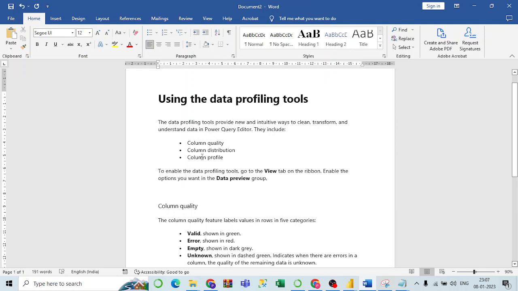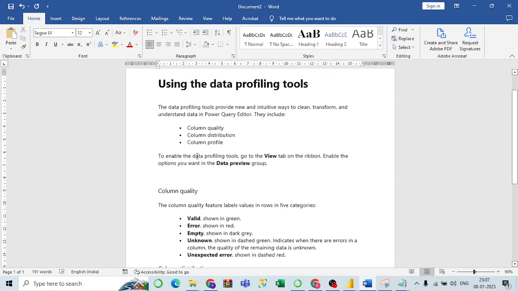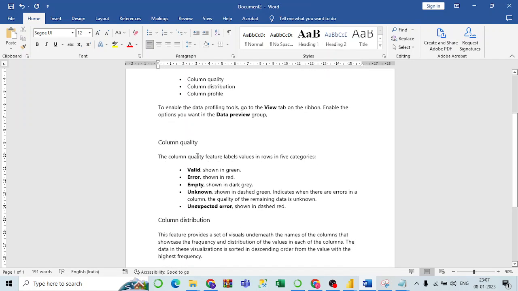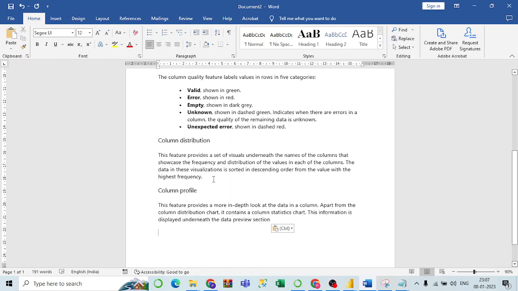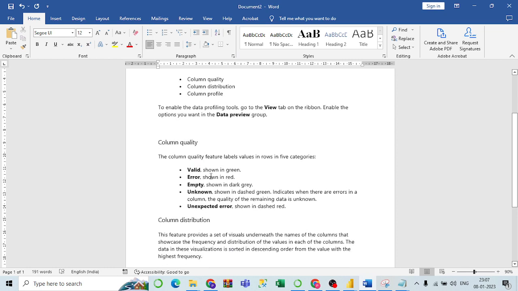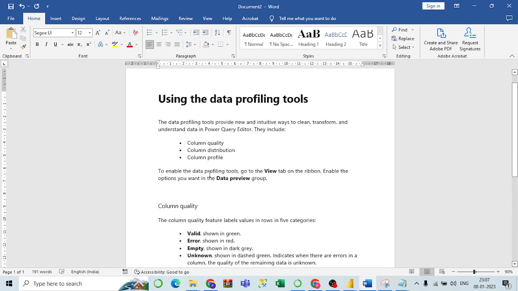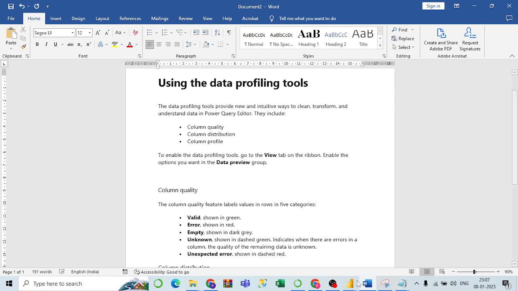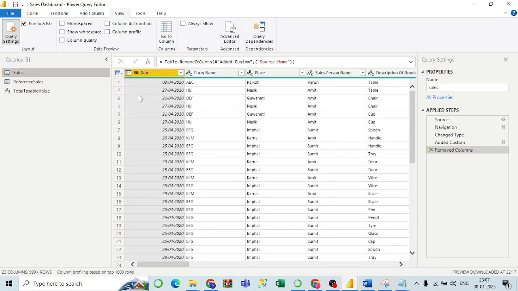So if you want to find any errors, unique values, error percentage, distinct values, empty, unknown, or unexpected errors, we can find this out. We can understand the data very easily with this Data Preview feature in Power Query Editor in Power BI. So first,